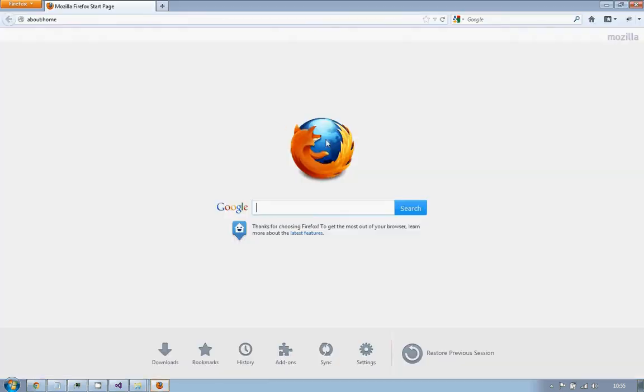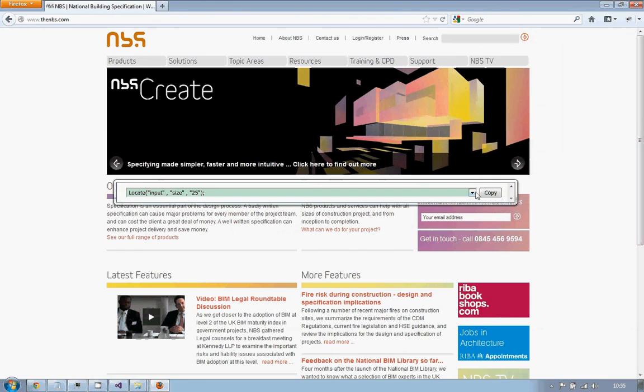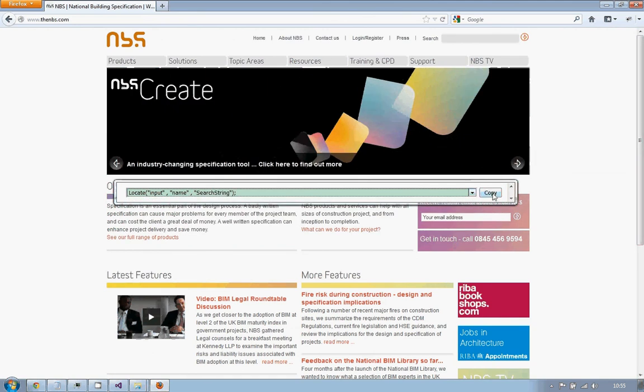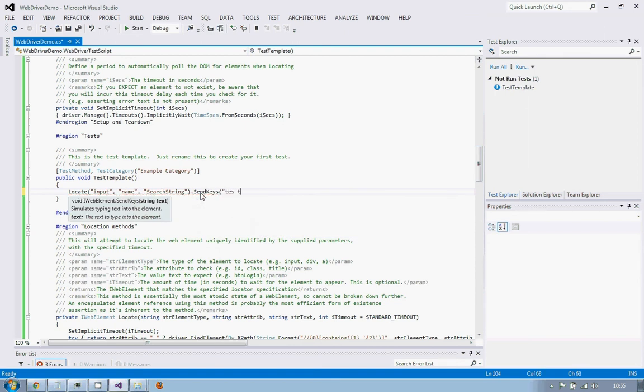Now, just to make sure this works, I'm going to open up dmbs.com. Fat fingers, and we're going to enter something in the search box. So we grab a locator for the search box. We'll use this one. Copy. Close. So with the search box, I want to send some keys. Okay, and that's all we need to do. So if we save that and build